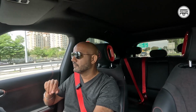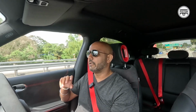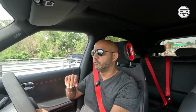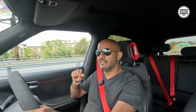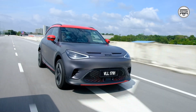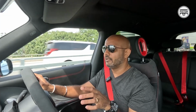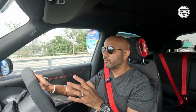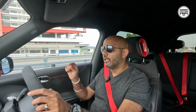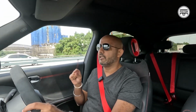For now, if you're looking for an EV and you want to have some fun and you're not really the type that will go very far or perhaps do it occasionally, this is worth considering. Not because of the Brabus badge alone, but because of what it can do, man. You get 4 different driving modes: Eco, Comfort, Sport and Brabus. And right now I'm in Brabus mode, and every time I just twitch my right foot, it just goes like